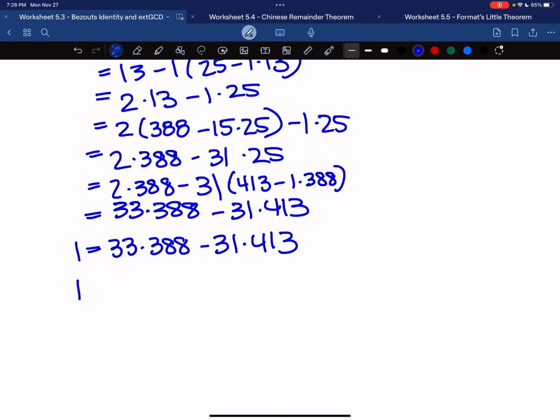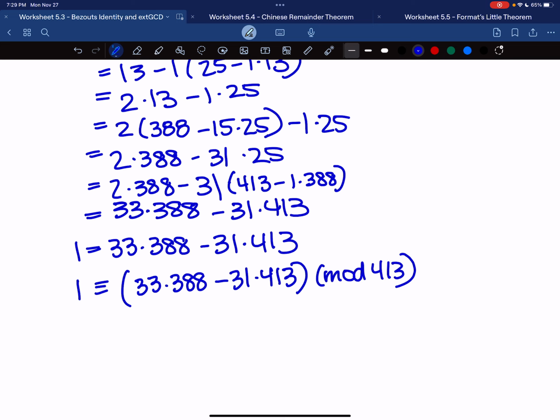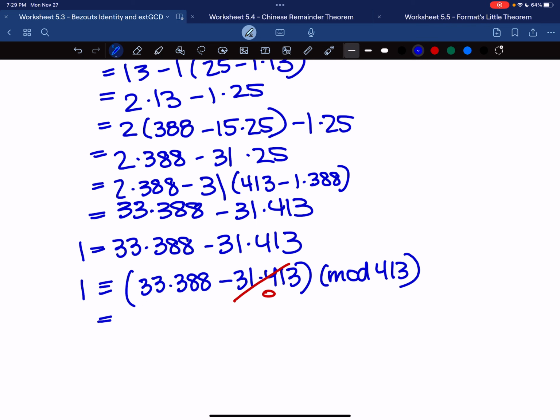That means 1 on the left-hand side is equivalent to 33 times 388 minus 31 times 413, all mod 413, right? And so that goes away. That's equivalent to 0, right? So this is all equivalent to 33 times 388